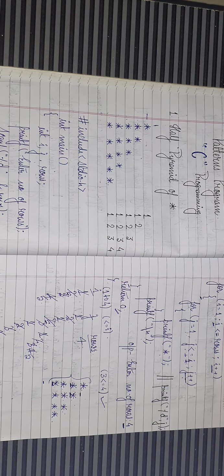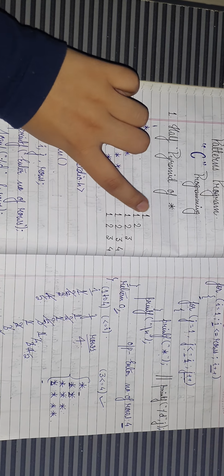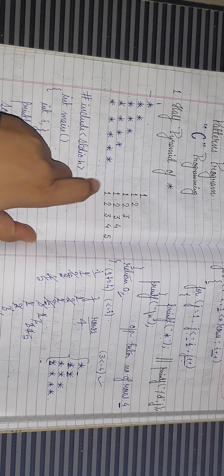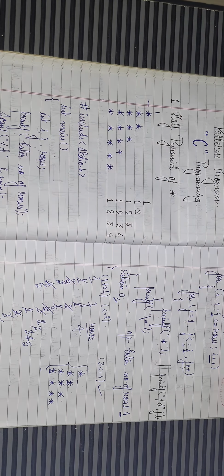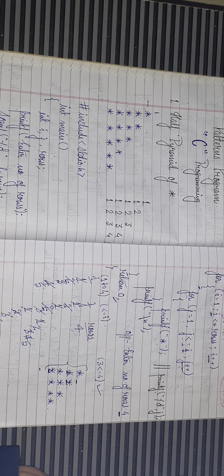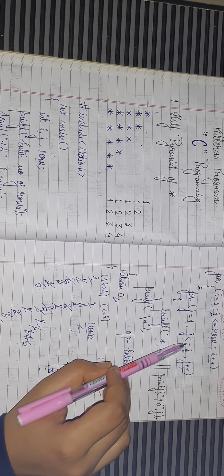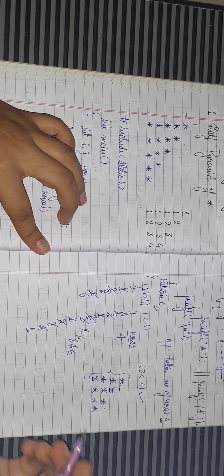So in the same way we are going to the next question: instead of printing this star, if we want to print 1, 1 2, 1 2 3, 1 2 3 4, and 1 2 3 4 5, if we want to print it like this, what do we need to do? This same program, just instead of printing this star, here we want to print the j value, right? So why the j value, why not the i value? Because of the j value, for each value of i. I will explain it clearly here.